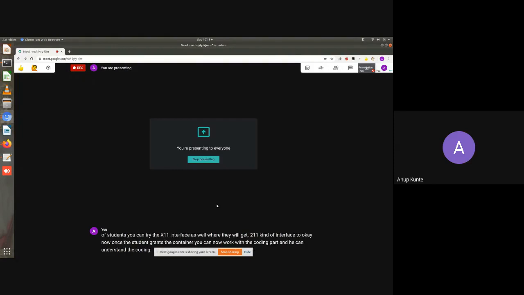Now, if 20 containers start simultaneously, the machine is going to lag. So, if this server has more than 8 GB of RAM, it's well and good. But the other option would be that the student works on his own machine. For that, you need to put in a little effort and explain to the student how to do step number 0 and step number 1. Then they can do it on their own as well.